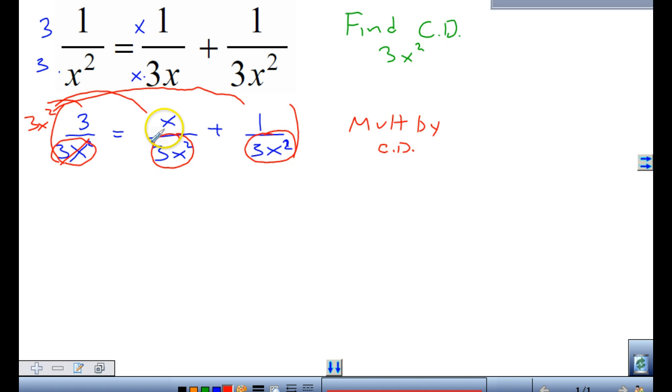In effect, it cancels them all. So you do not have any more fractions. You're left with whatever's on the top. And that takes us to the last step of solve